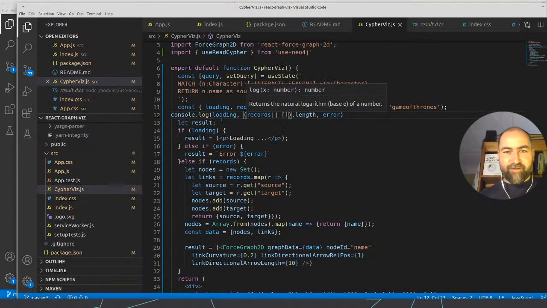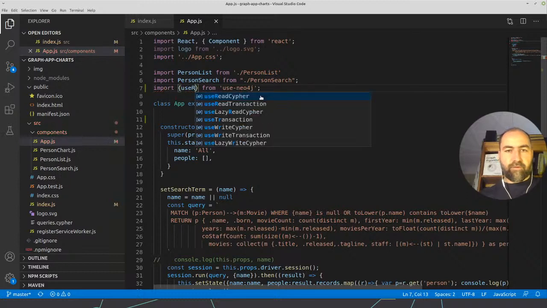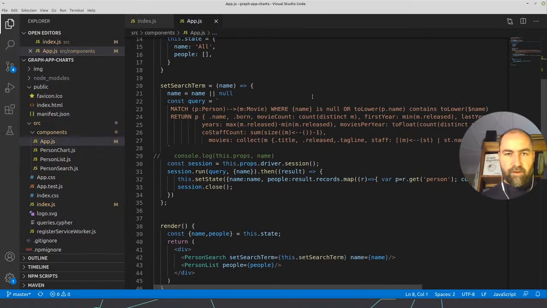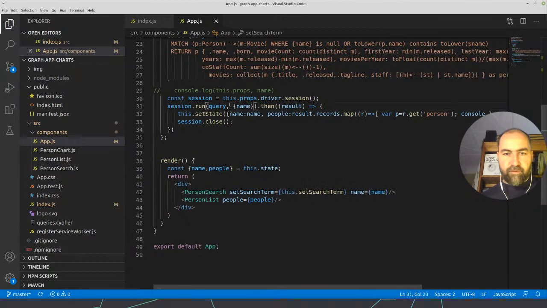Why can't I remember this function name? useReadCypher. Okay, I guess that's a naming convention for the hooks. Use read cipher from use Neo4j, and search term, query, driver, state and so on.